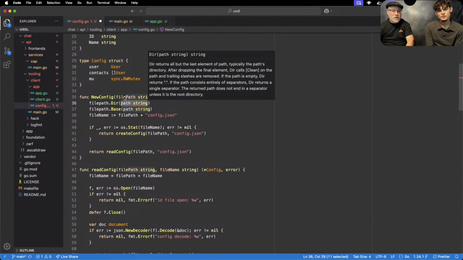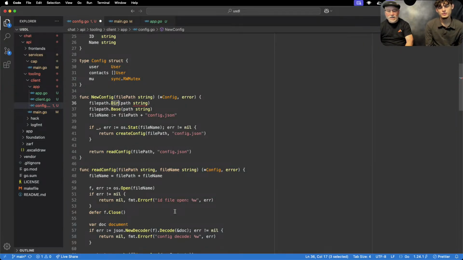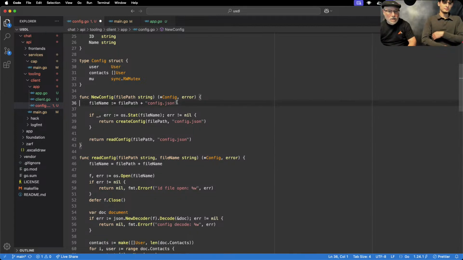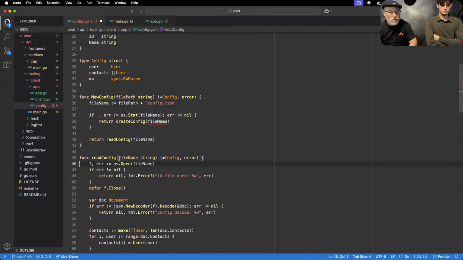Oh, maybe it's the directory. Let's see if directory gives it to me. Yeah, okay. All right, Jeff is good. So let's go with Jeff's solution here. We can just pass in file path, file name, okay? So we just pass in file name. Now that's beautiful for the read because